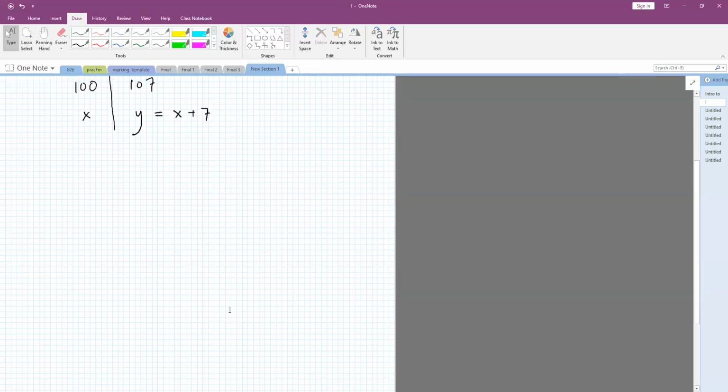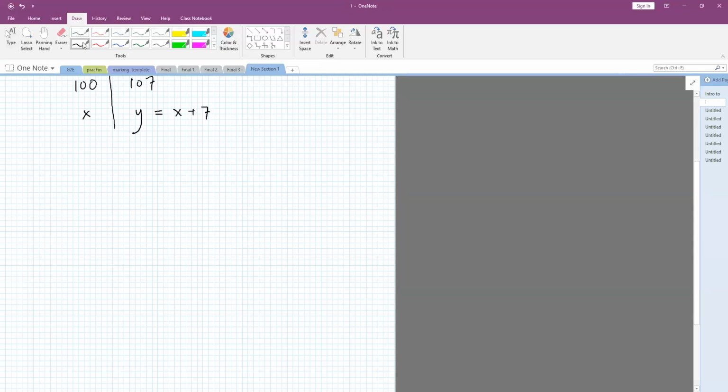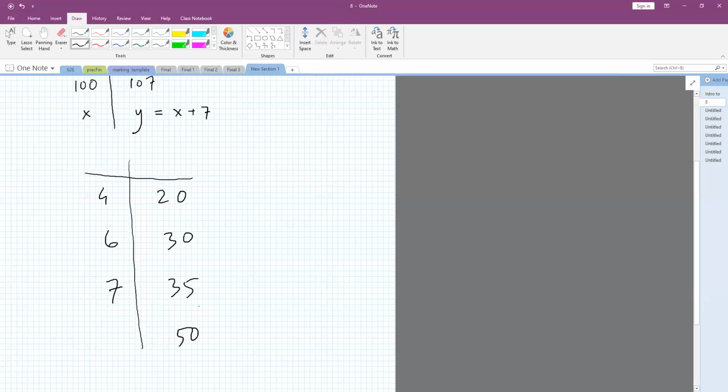Now, what about this one? Okay, this one, careful, it's a bit challenging. So I have 4, 20, and then 6, 30, and then 7, 35. Now, if I have 50 here,